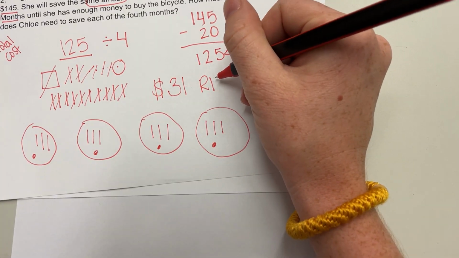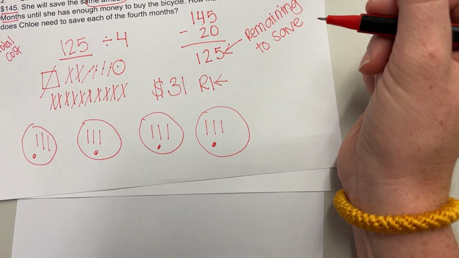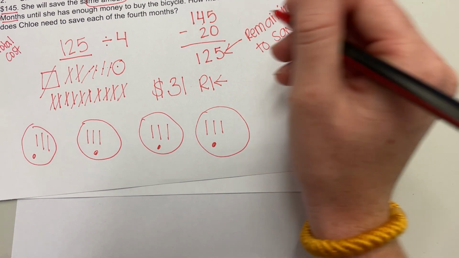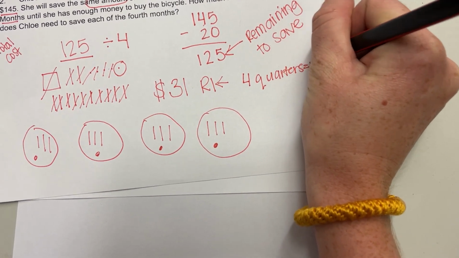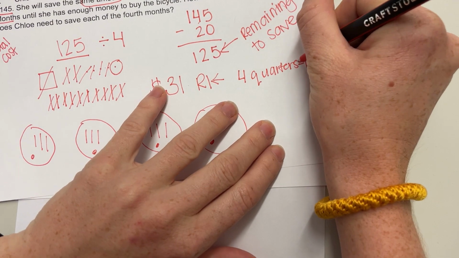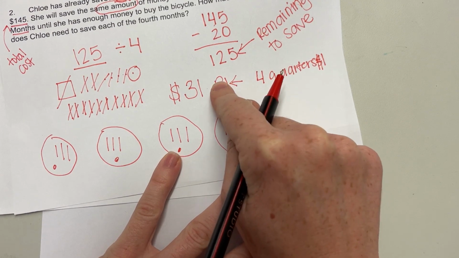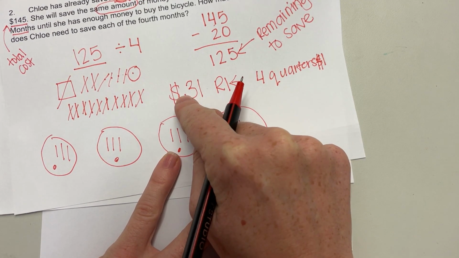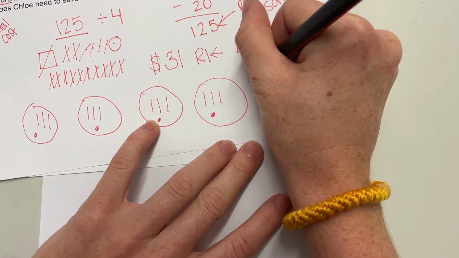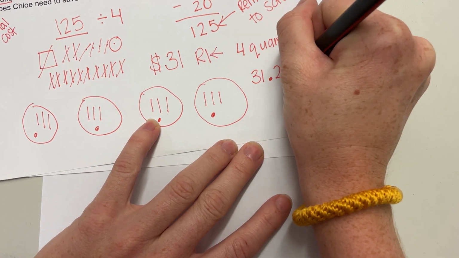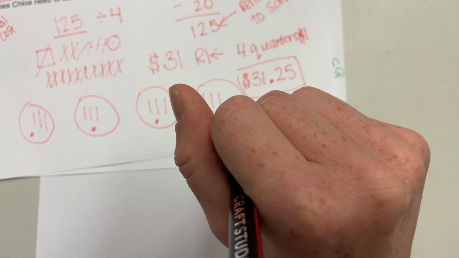But when I'm thinking of money, I think of this remainder as $1. Can I split up $1? I know 4 quarters equals $1. And I have $1 left. So if I have $1 left with this remainder, I can actually split it into 4 quarters. So it's not $31, but it's $31.25. And that is a little bit challenging to figure out, but it has the 25